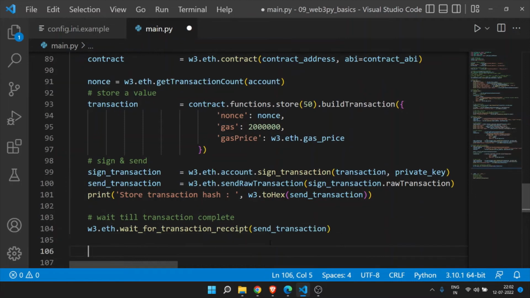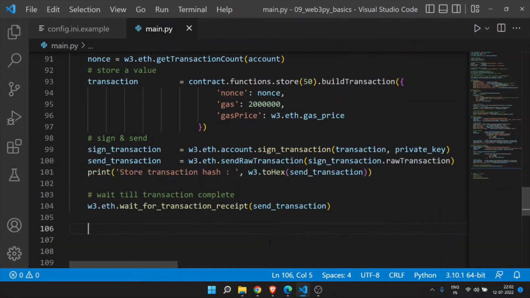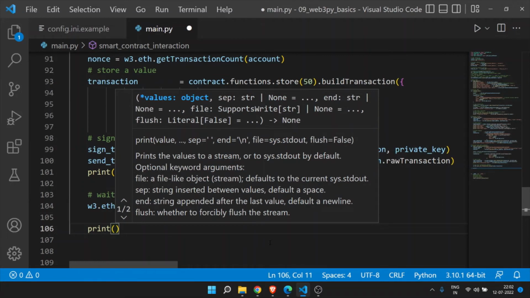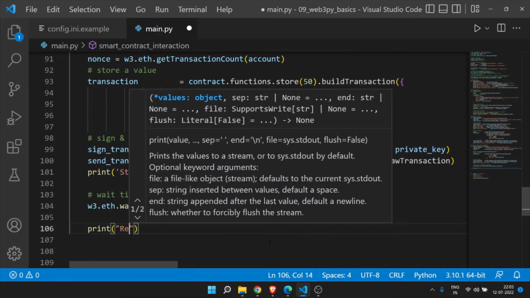So wait for the transaction receipt, then we are going to retrieve it. For that we can directly print the retrieve